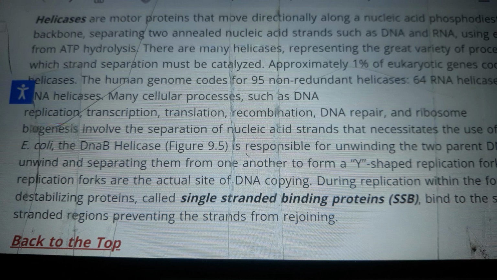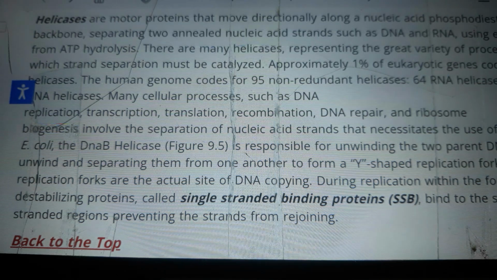Helicases are motor proteins that move directionally along a nucleic acid phosphodiester backbone, separating two annealed nucleic acid strands such as DNA and RNA using energy from ATP hydrolysis. There are many helicases representing the great variety of processes in which strand separation must be catalyzed. Approximately 1% of eukaryotic genes code for helicases. The human genome codes for about 95 non-redundant helicases: 64 RNA helicases